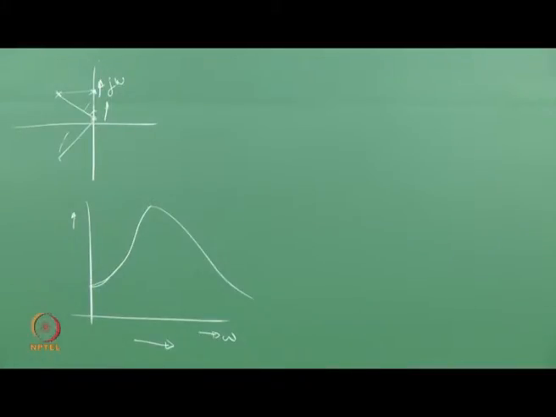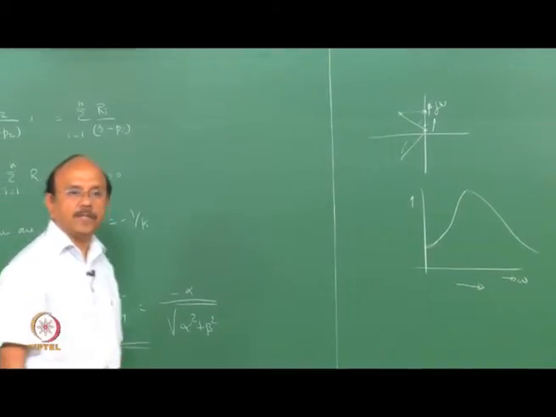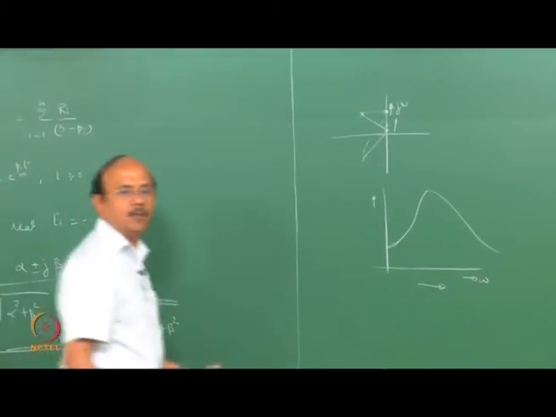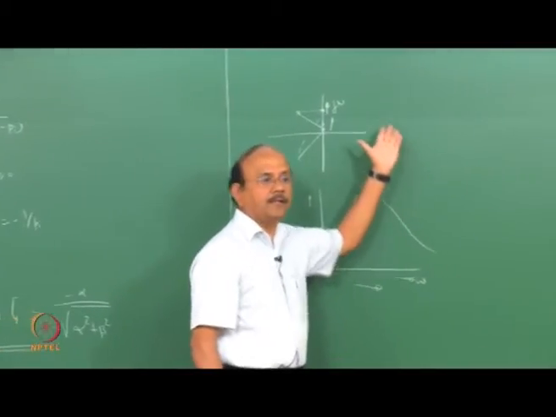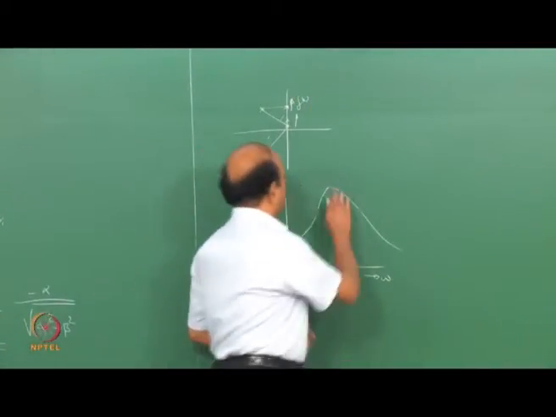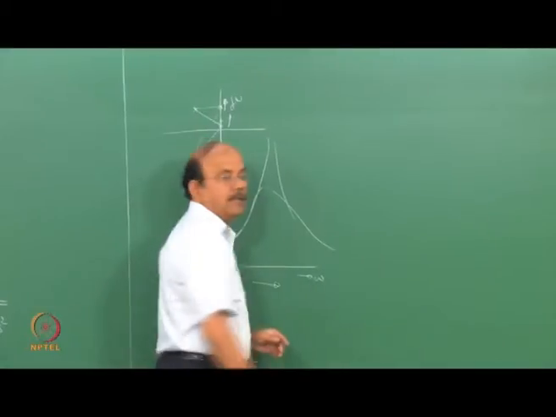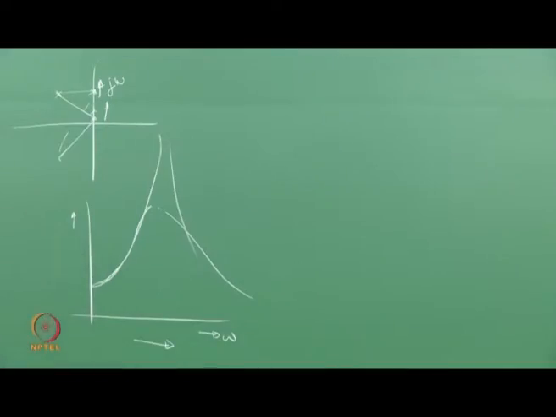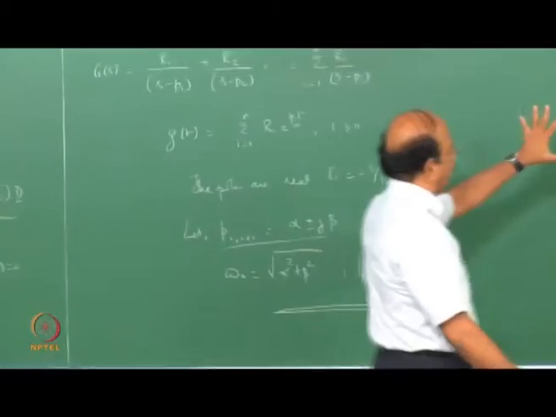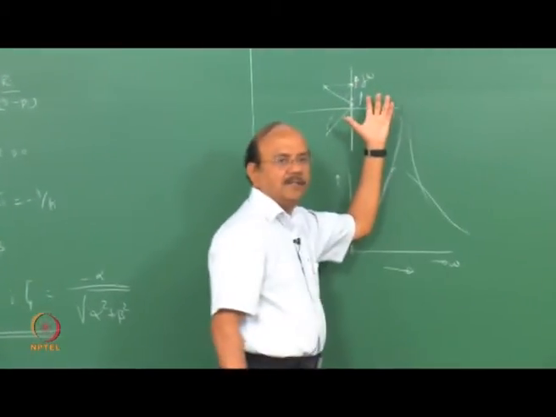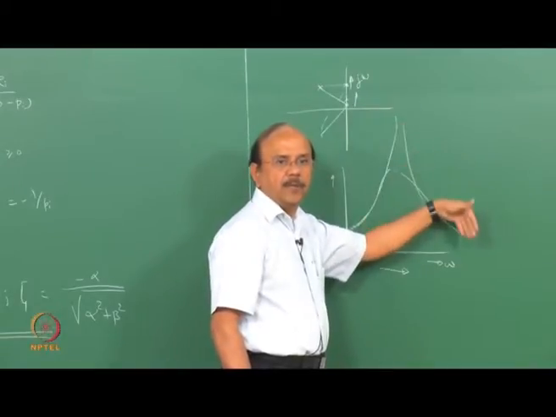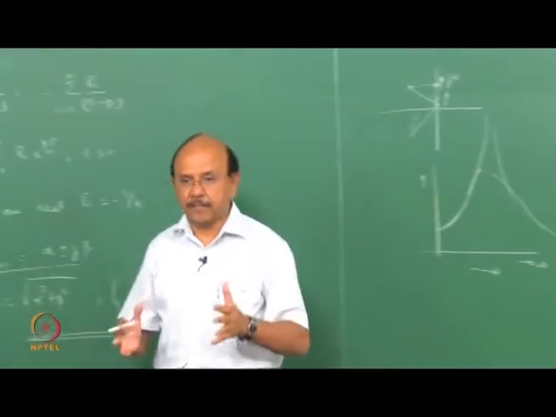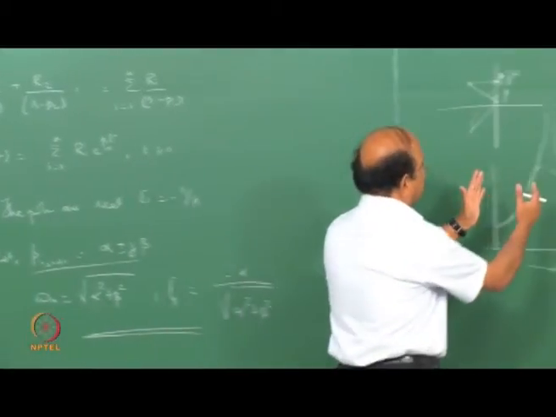So when there is no real term, which means that your poles lie on the imaginary axis, what would happen? It would go to infinity, and so you would have a graph which goes like that and comes down. So this is another interpretation, especially used in filter design, where it's very simple to understand the filters, such as low pass filter, high pass filter or band pass filter, for example.